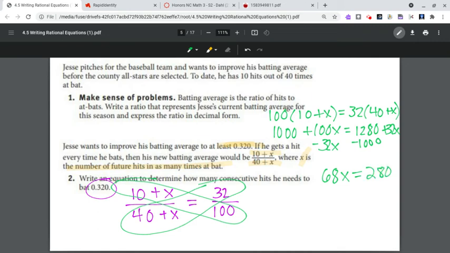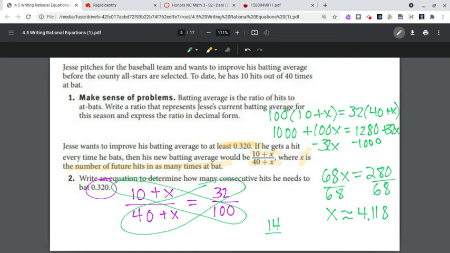I'm going to then divide both sides by 68, which gives us x is approximately 4.118. Now, what that means is if he gets 4 consecutive hits, that would bring him to